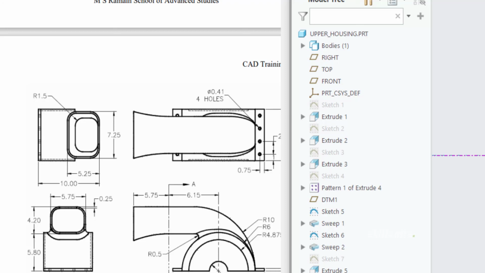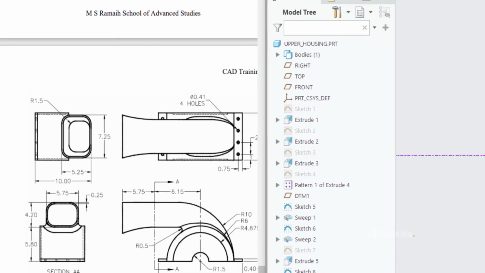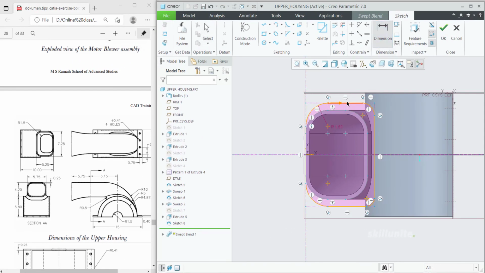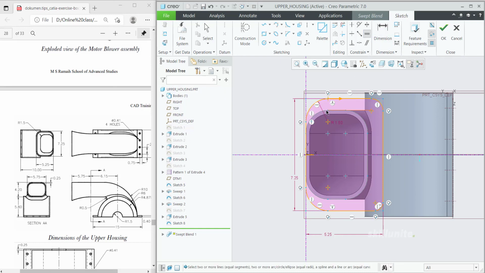So take this one also 1.5. Then give the dimensions. Total width is 7.25. Okay, and the height, it's 5.25. So because here is the profile, now click on equal constraint, select this one, this, everything equal. So now click OK.